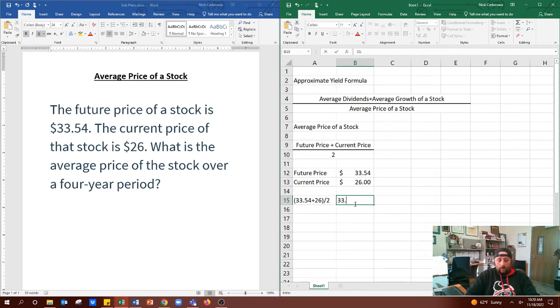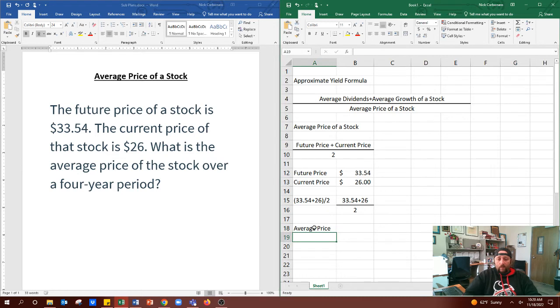You could go 33.54, depending on your calculator, divide by 2. And if we do this, let's center it for us. Let's make it look nice. Okay, there we go. And so your answer, and we'll say the average price of this stock,